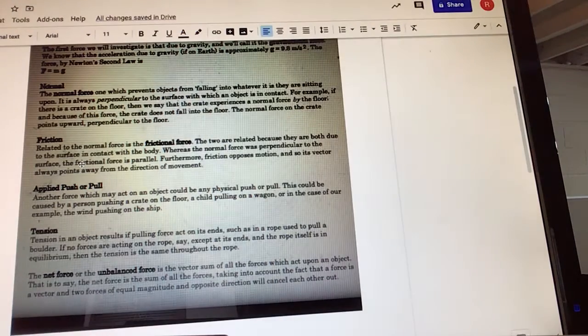Frictional force, related to the normal force, is the frictional force. The two are related because they are both due to the surface contact of a body. Whereas the normal force is perpendicular to the surface, the frictional force is parallel. So, frictional force,